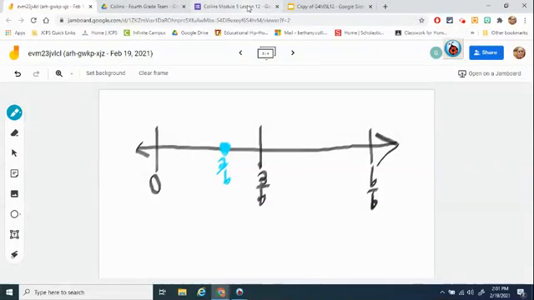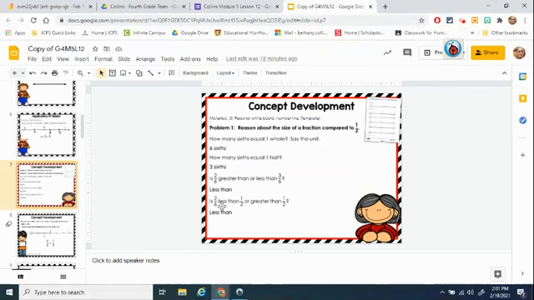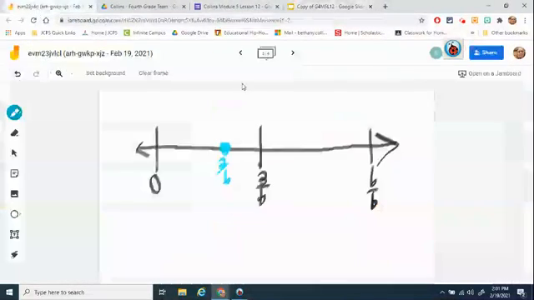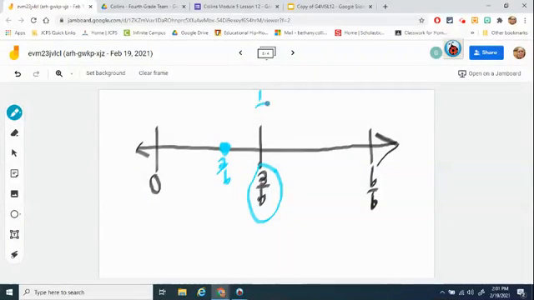Does that make sense? All right, and then it said to look at 2/6, and is 2/6 less than a half? Well, if we think about 3/6 as our 1/2 point, right, because 1/2 and 3/6 are equivalent, then 2/6 is